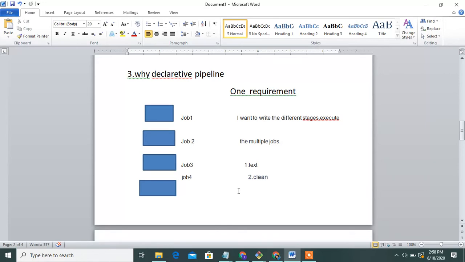I want to build, test, deploy. For this I will allocate the jobs to perform each process, so job 1 is build, job 2 is test, job 3 is deployment.